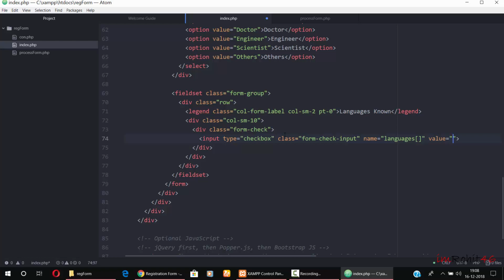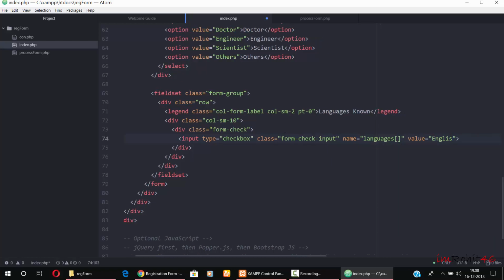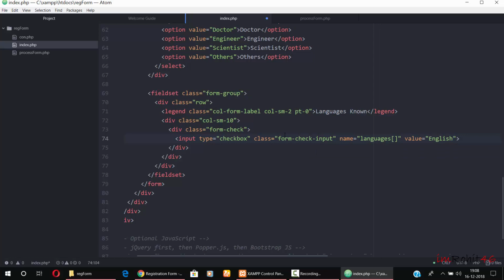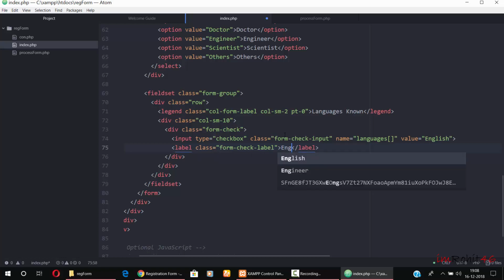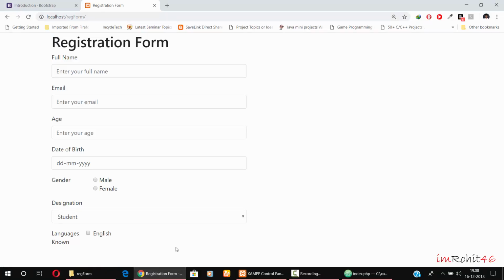In this value I am giving English. The second one is label. The label should be, let's just give a class for this. Class form check label, and it should be English. Now see whether it is working. Yeah, now I have created one